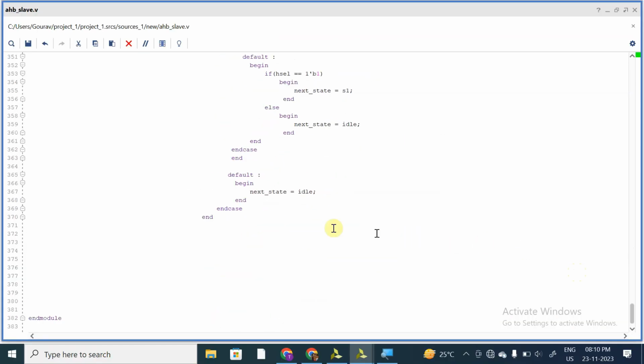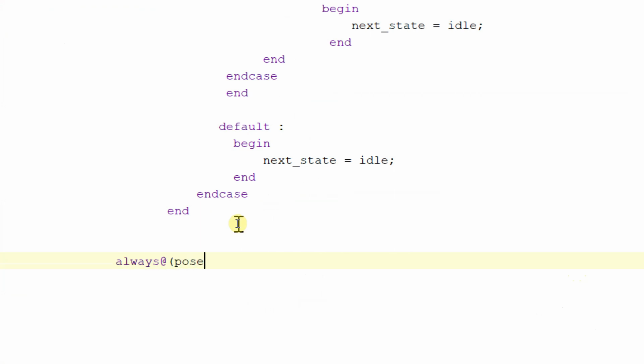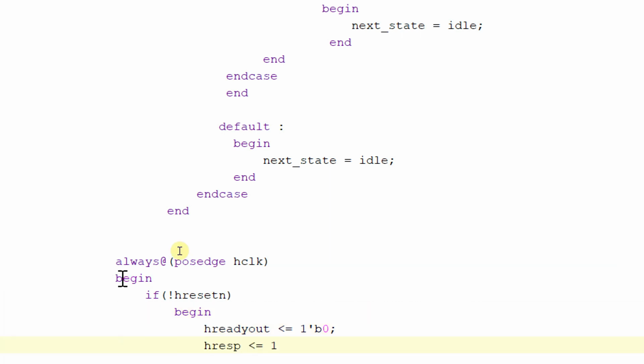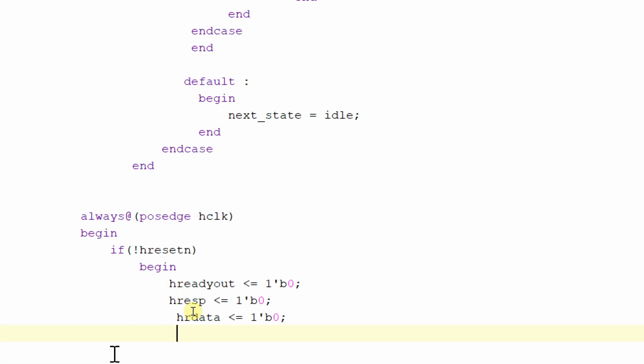We will write another logic for making our outputs, that is for modifying our outputs. Always at the posedge of H clock, begin if not of H reset, then begin H ready out will be equal to 0, and H response will also be equal to 0, and HR data will be equal to 0, and write address will be equal to write address only and read address will be equal to read address only, and